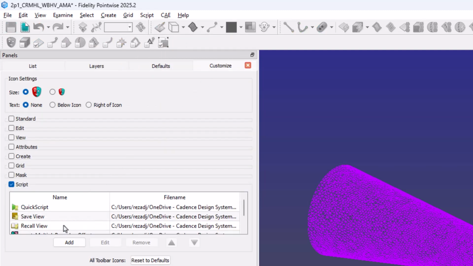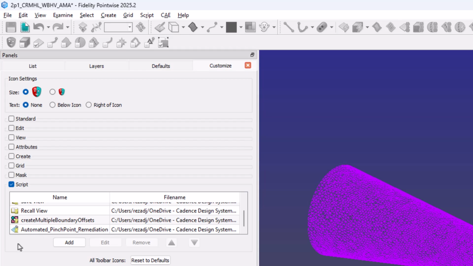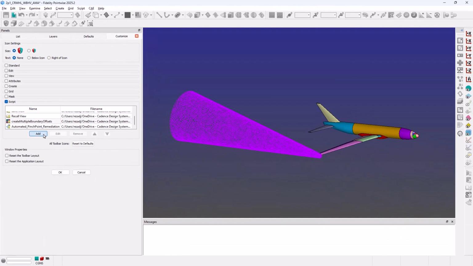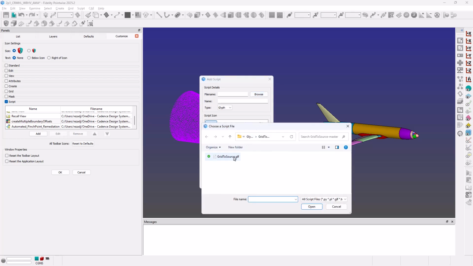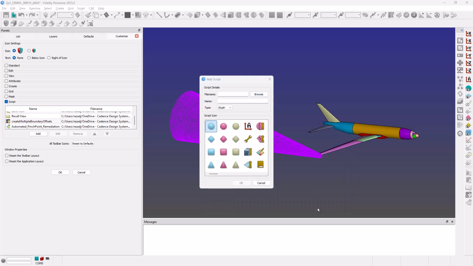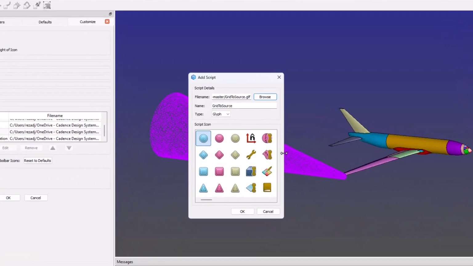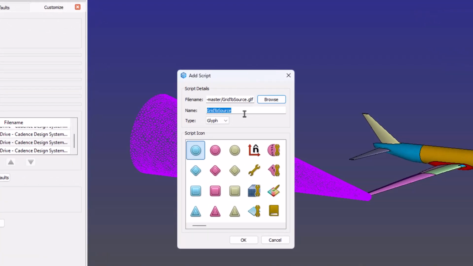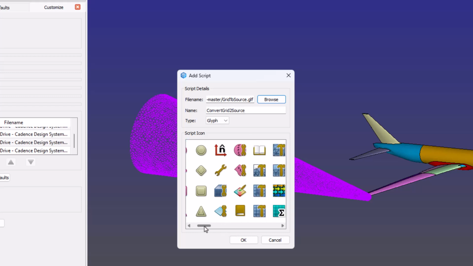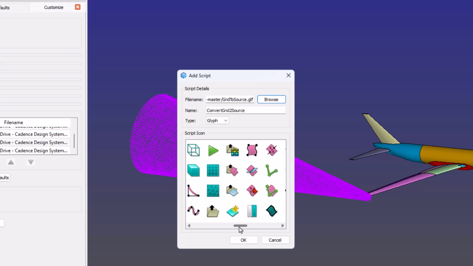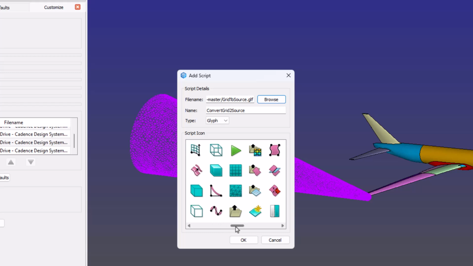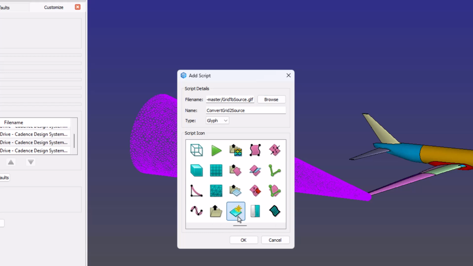I already have several scripts, as you can see here, that I've added to my toolbar. So let me go ahead and add a new one. Here the pop-up wants me to browse to where the script I want to use is located. And I select the script. Once I select the script, I can now change the name or even modify the type. I can also choose an icon for this script so that when it's added to my toolbar, I can quickly recognize it out of the other scripts that I have already added to the toolbar. And so let's select this one, which kind of matches what I want to do with the script,